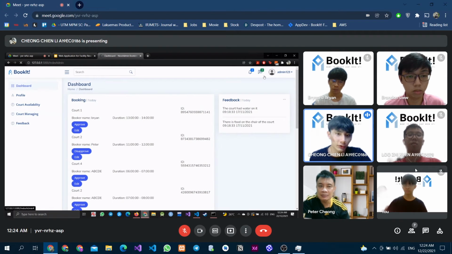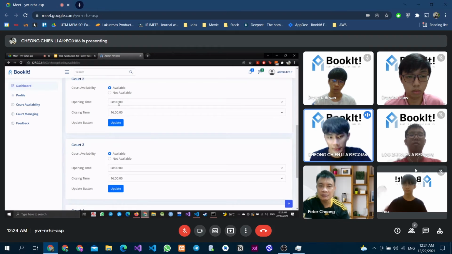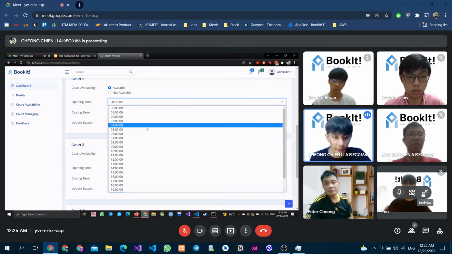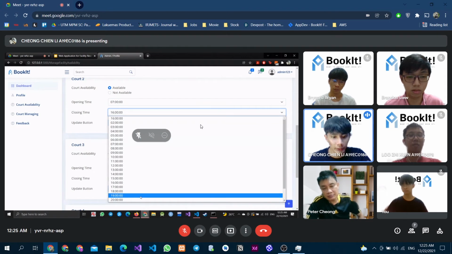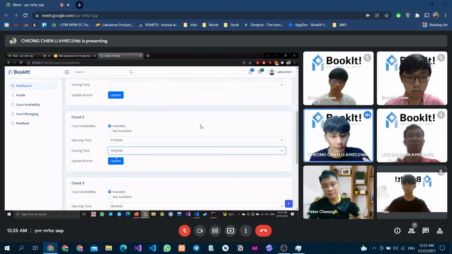So as an admin, you should be able to set the opening times of whenever you want. For example, maybe today it's open from 8 until 6. But let's say for whatever reason you want to change your opening times, you can just select any one of the times here, click update. For now I'm updating court 2 from 7 to 19. So if I update here,